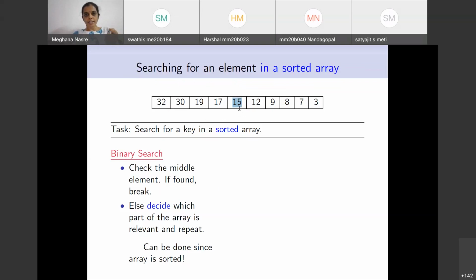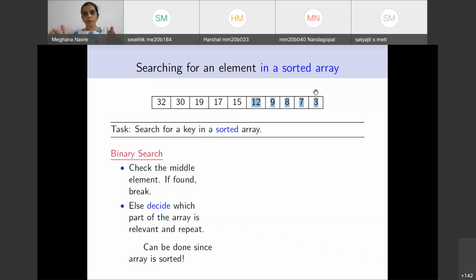In this case, the key is strictly smaller than the middle element of the array. Therefore, it is going to lie in this part if at all it lies. And therefore, we can narrow down our search from A5 to A9 and then repeat this procedure on this smaller array, which is A5 to A9.